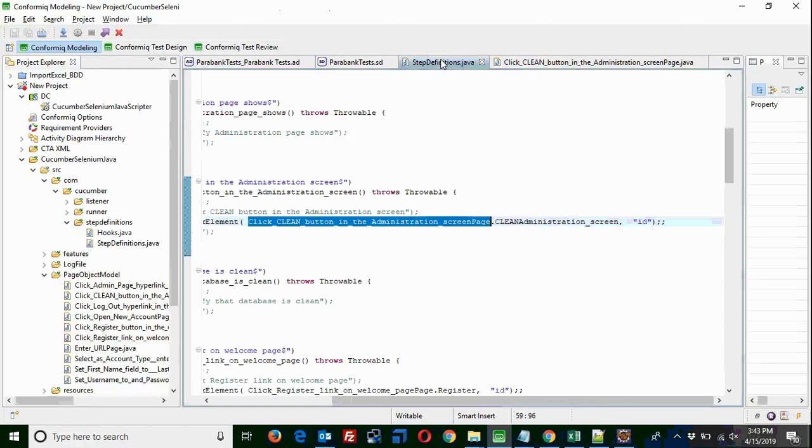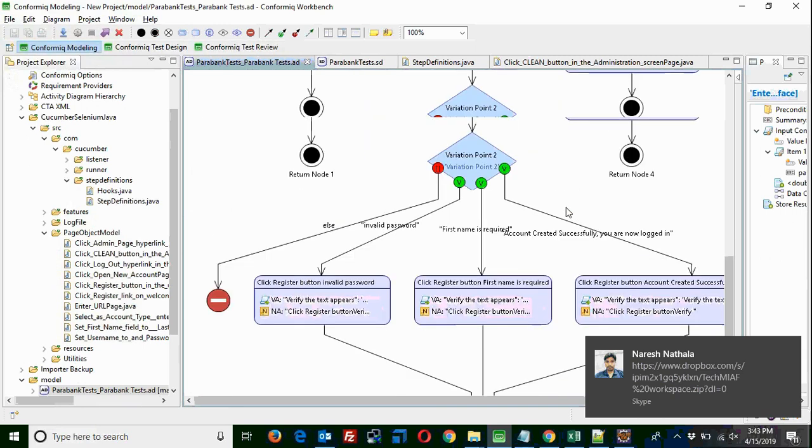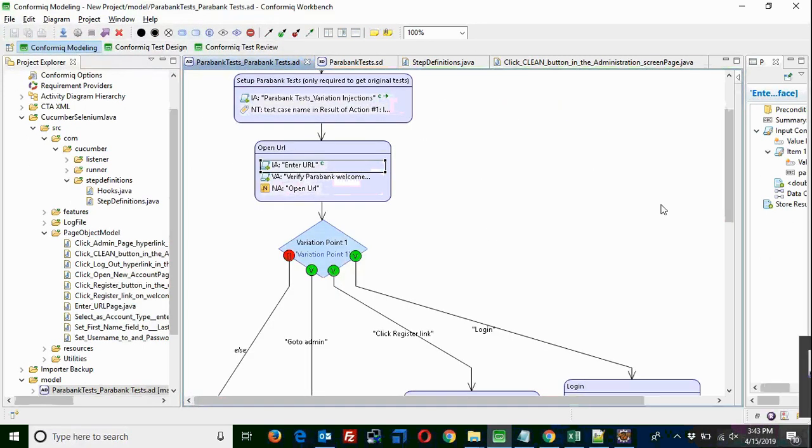Based on the experience, how much is the accuracy of this model? The model which is automatically generated by Confirm IQ is absolutely correct. You never have to even touch it. Import, and it is ready to be retest generated, ready to be exported into automation code, or ready to be published to any other environment you wish. The model creation is just one click, no rework at all.